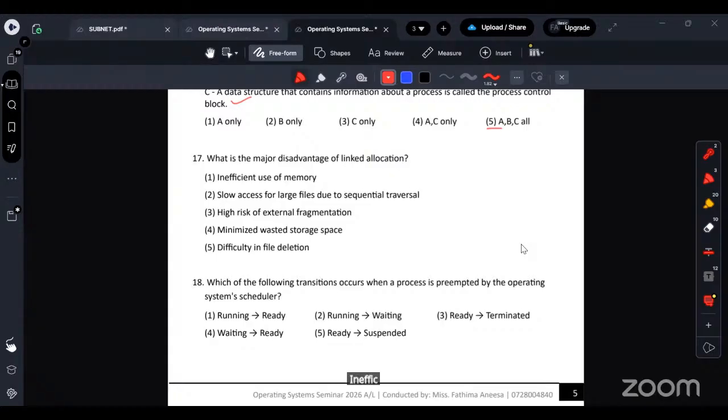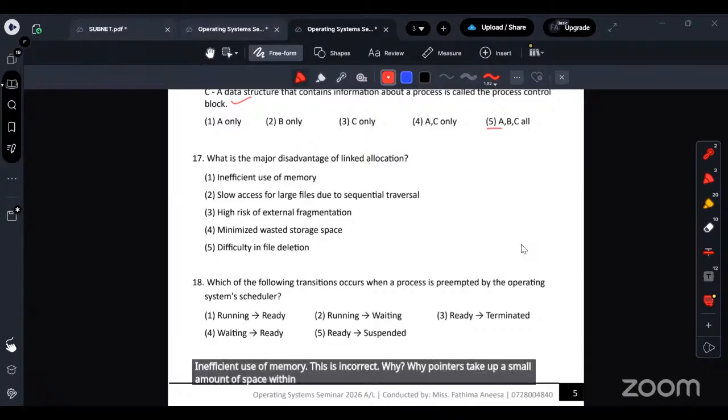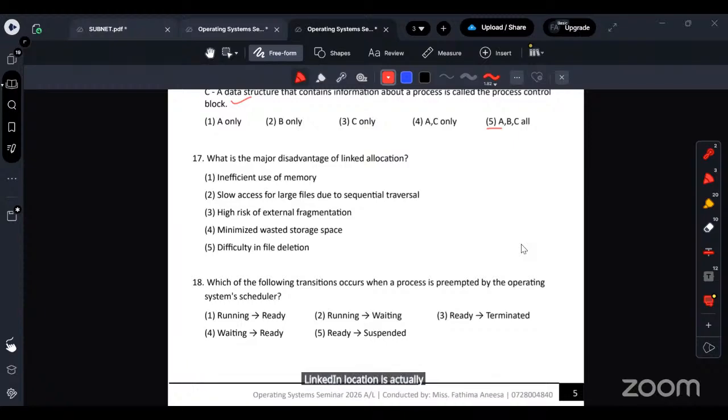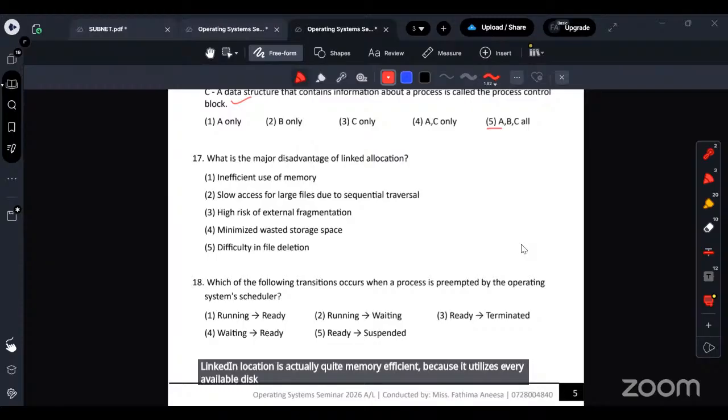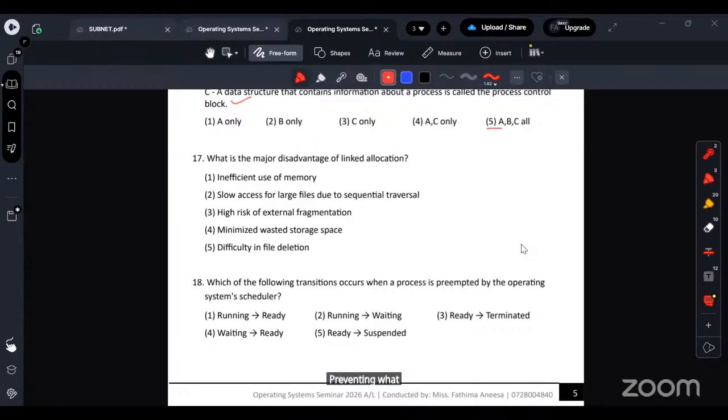Inefficient use of memory. This is incorrect. Why? While pointers take up a small amount of space within each block, linked allocation is actually quite memory efficient because it utilizes every available disk block, preventing what? Preventing external fragmentation. So that is not the answer. Since they are asking the disadvantage,